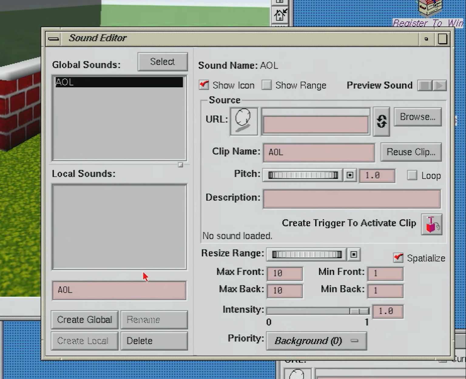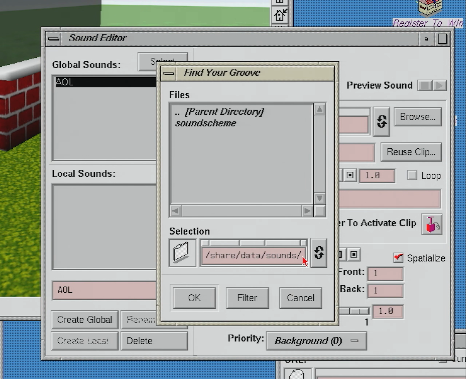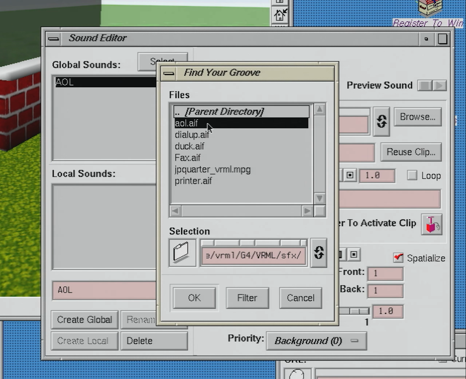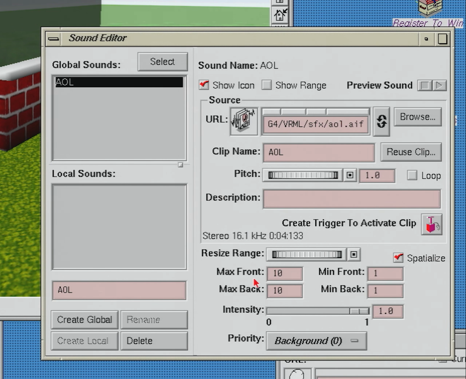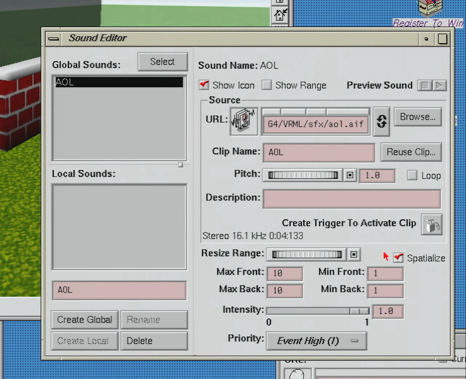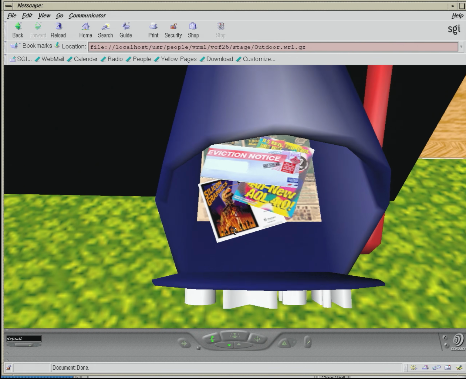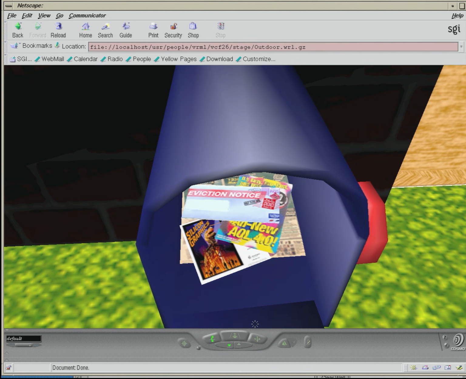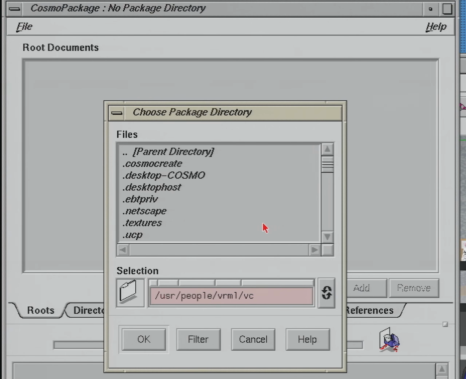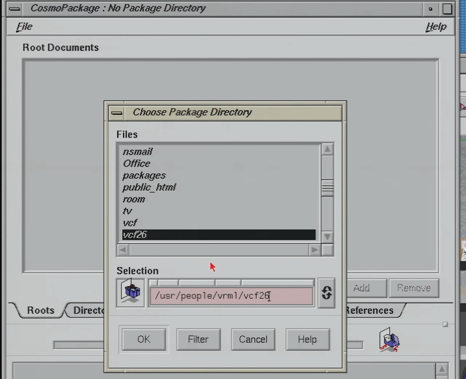And of course, we'll add a sound effect when you click the mailbox. I'm sure you can guess which sound effect will play. Add our touch sensor to that too. And now, you've got mail. Perfect early internet. And with our scenes all finished and ready to go, we can open up the Cosmo package